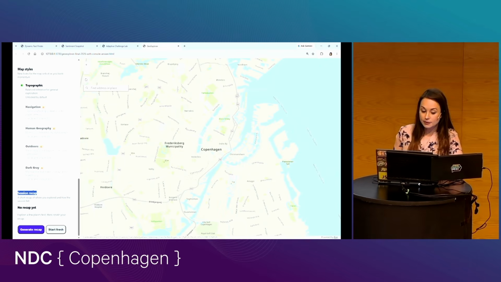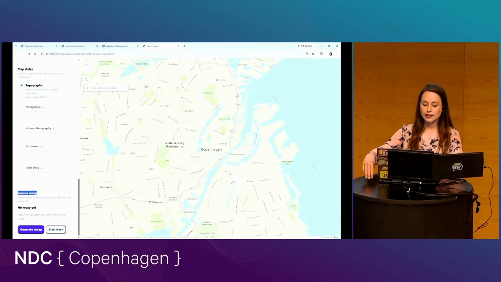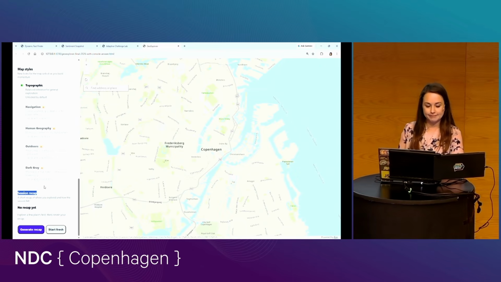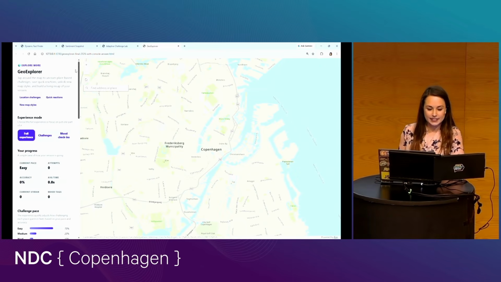And finally, I thought this was kind of fun to add in here as well. So after you have rated a bunch of different places, you can generate a session recap. And that will tell you how you generally felt in your entire session experience after clicking through and rating places. All right, let's go ahead and try it out then.